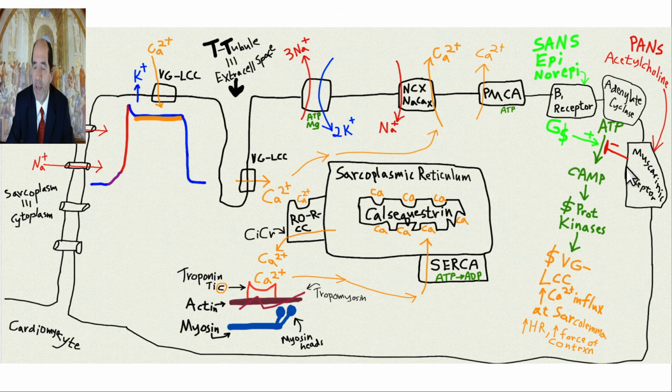So you don't need a fast heart rate. You don't need increased force of contraction, okay? So again, what sympathetic stimulation does is it will increase contractility and increase the speed of the heart rate by letting more calcium into the cell. Okay, once the heart muscle is done contracting, then